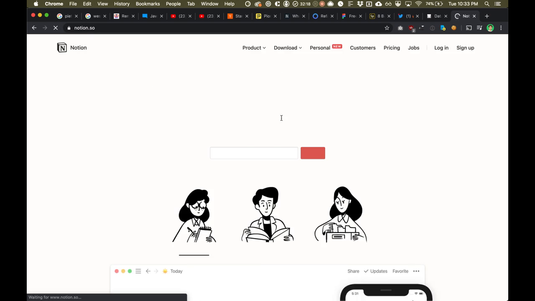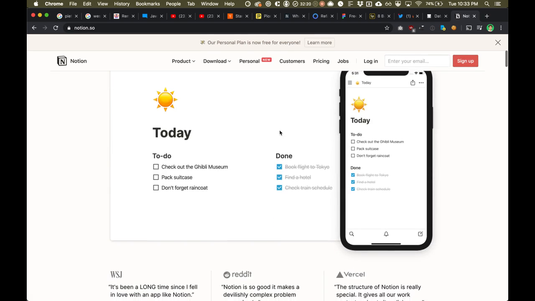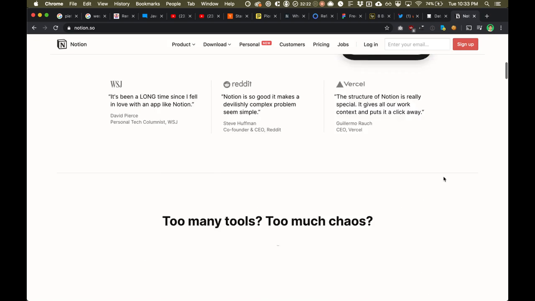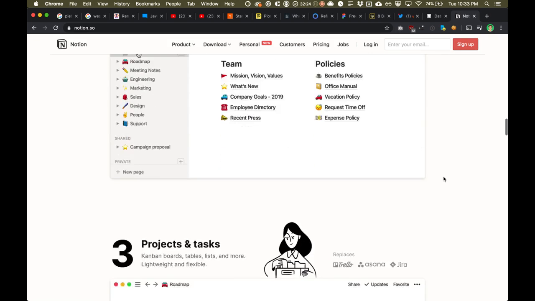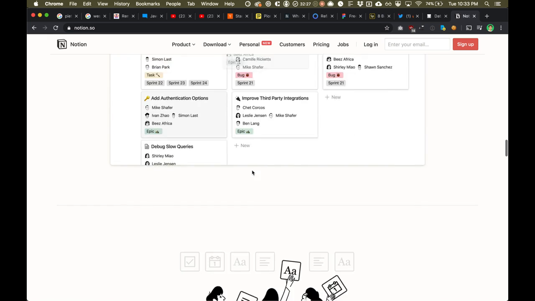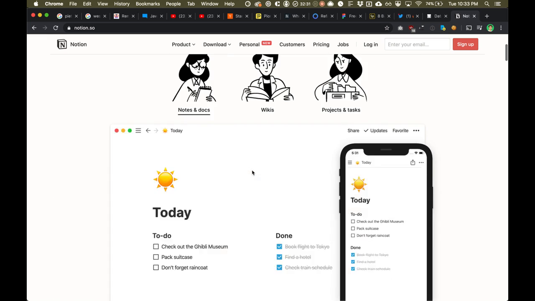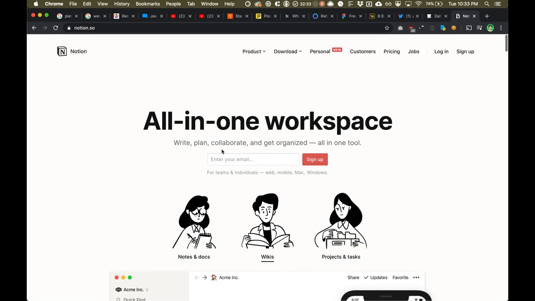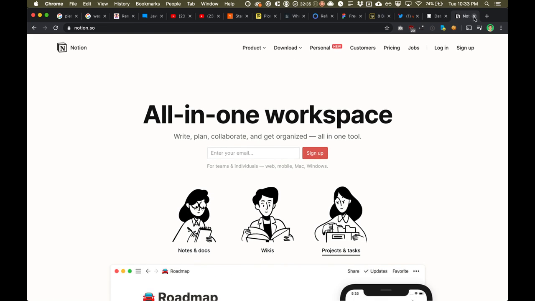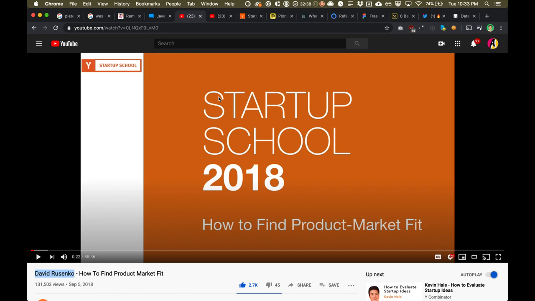These guys do an excellent job in terms of user experience and marketing and UI design. I mean, every one of their demos is beautiful. Their app itself is beautiful. It's just a pleasure to use. It doesn't feel like a web app, but it is a web app. So anyways, you're going to have to do a lot of iterations on your product in order to find the right audience and in order to get them really excited about your product.